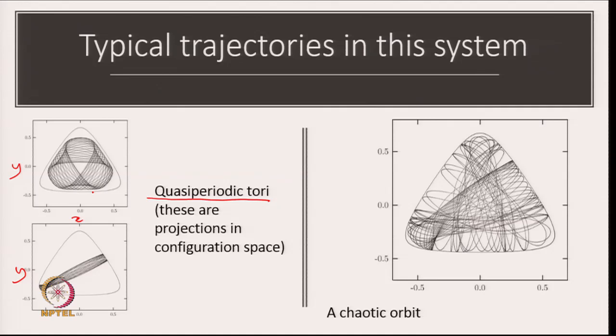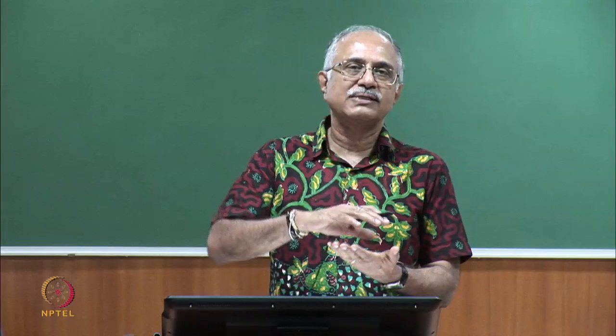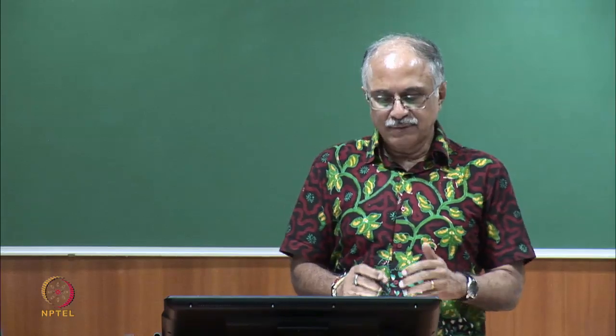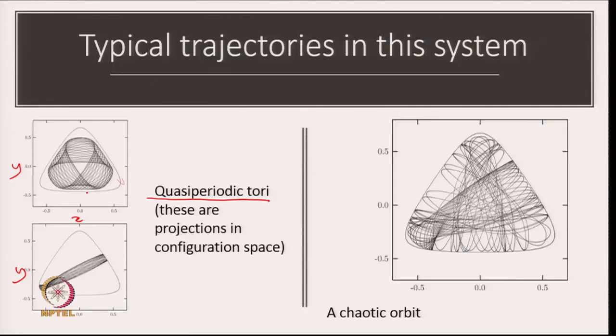What is distinguishing about the tori are these caustic curves where the trajectories all focus along certain points, and this is very typical of motion on a torus. Note that this is a motion on a torus in a three-dimensional space which is being projected now onto 2. But these caustic curves are very characteristic and are a way of identifying toroidal motion.